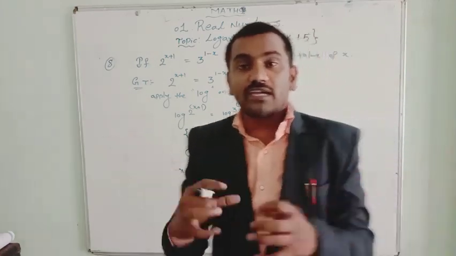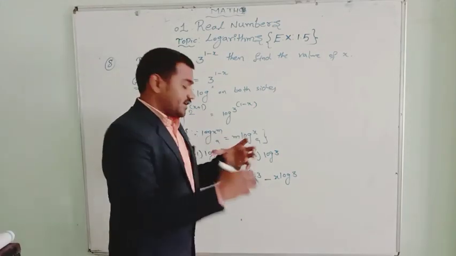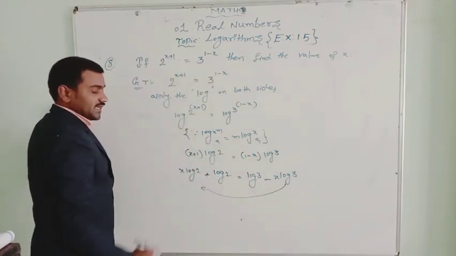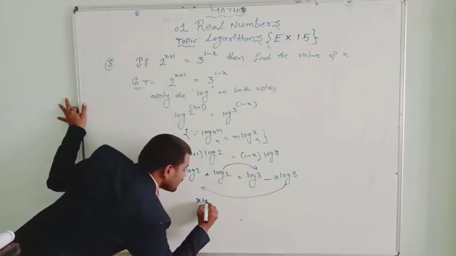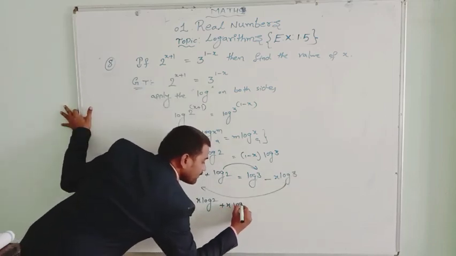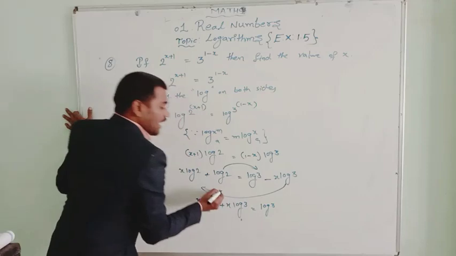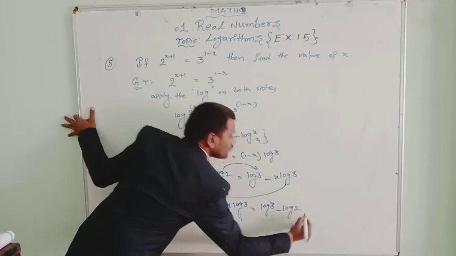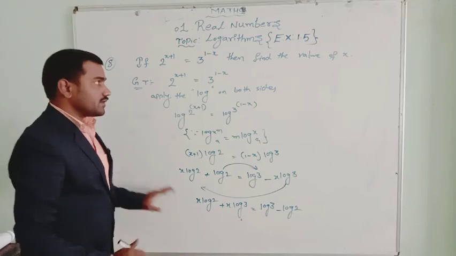The similar terms we will put together. So here log 2 and log 3 are similar terms. We will transfer them together. The x log 3 we bring to the LHS side and log 2 we transfer to the RHS side. As we get here x log 2, this minus x log 3 becomes plus x log 3, equal to, here already there is a log 3 at the RHS side, and plus log 2 becomes a minus log 2. Let us observe here x is a common term.